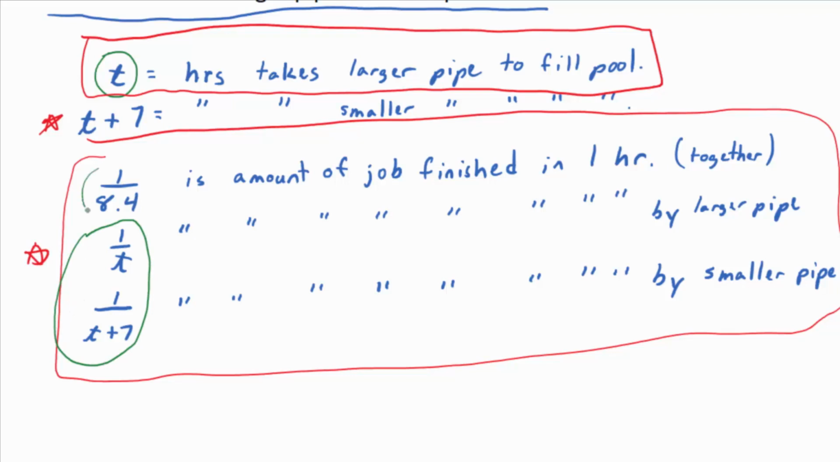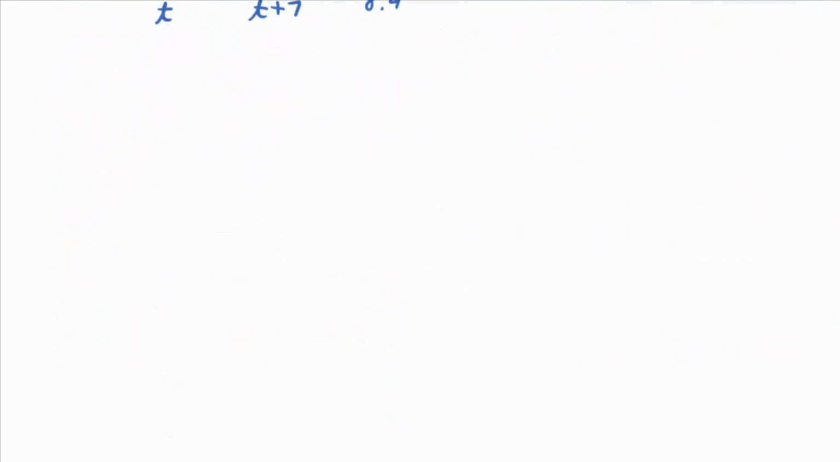And that should equal the speed at which they do the job together, right? And so what do you get if you do that? 1 over t plus 1 over t plus 7 equals 1 over 8.4. Okay. Now,